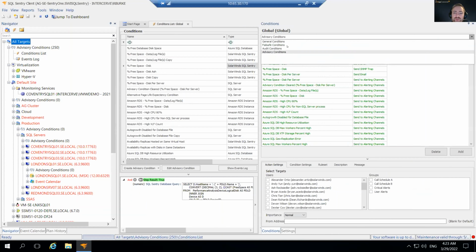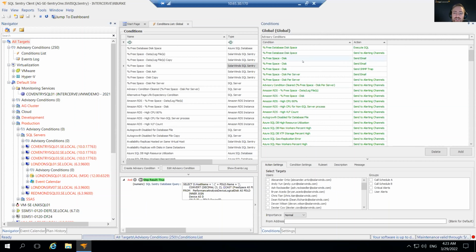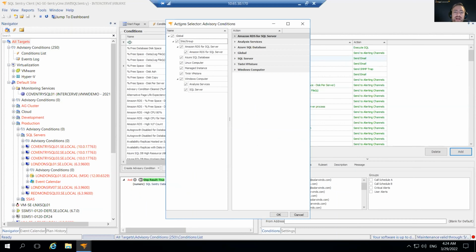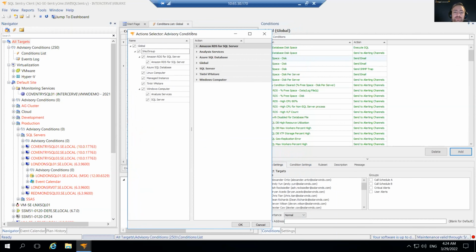So to view the multiple different actions, if we come up, view, conditions, here we can see they're broken into 4 different categories. So general, fail-safe, audit, and advisory. If I actually just stick to the same one, so percentage-free disk space, here I can see the different actions against that condition that I've selected. Okay, so if I hit add, and I want to add another action against that particular condition, if I hit global,